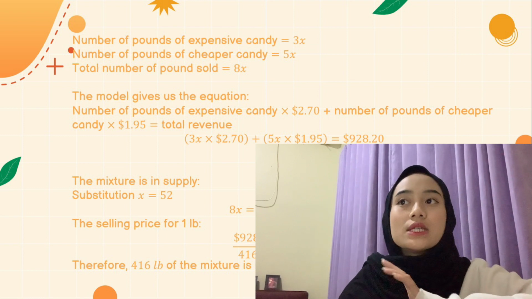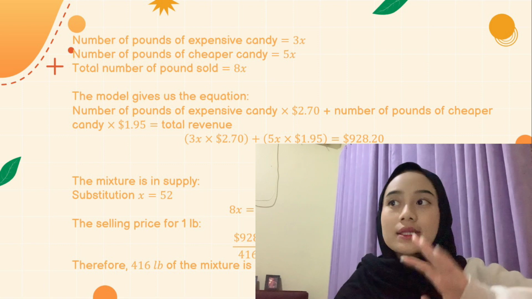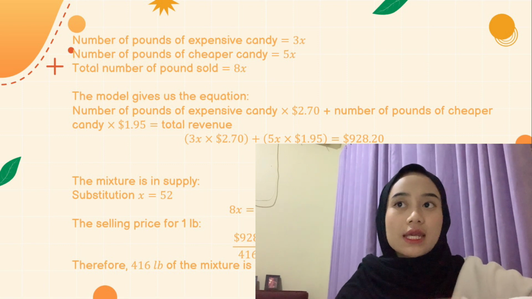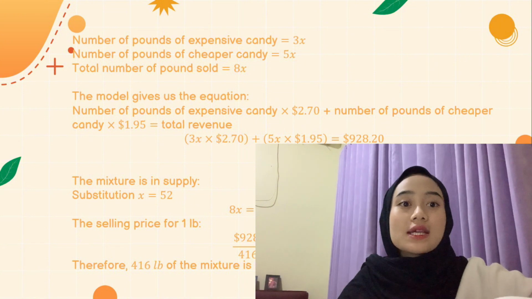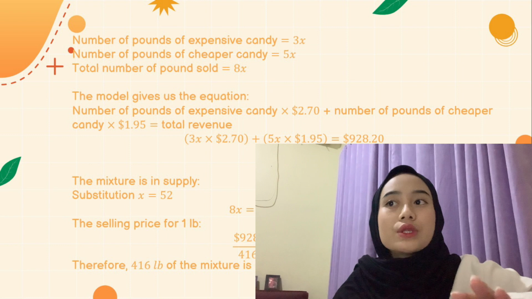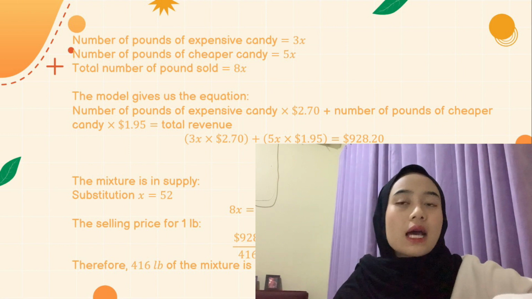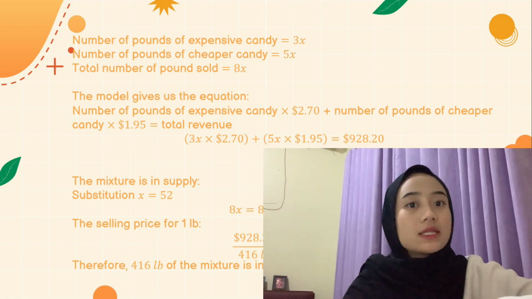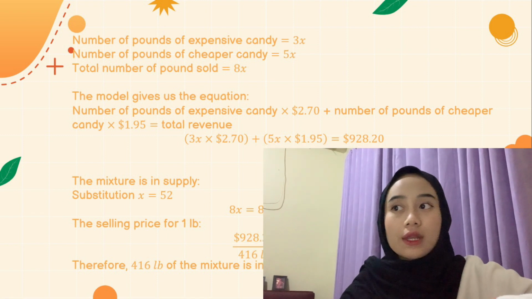The number of pounds of expensive candy is 3x, the number of pounds of cheaper candy is 5x, and the total number of pounds sold is 8x. The model gives us the equation: number of pounds of expensive candy times $2.70 plus number of pounds of cheaper candy times